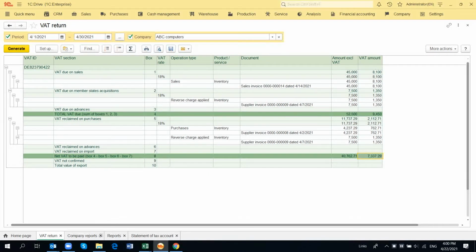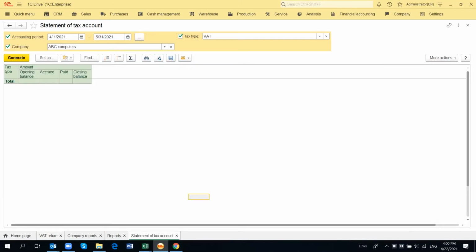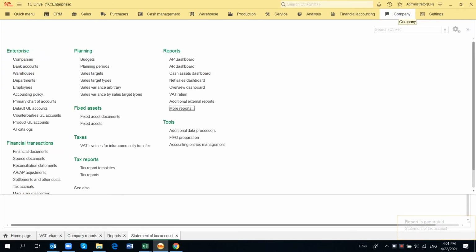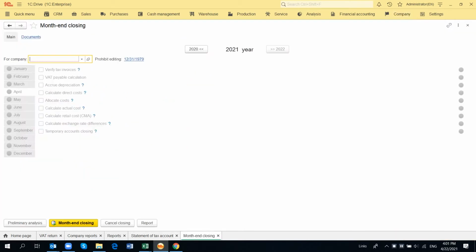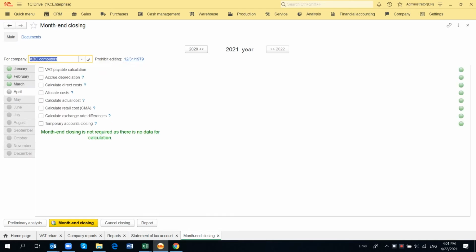Now when we go to the statement of tax account report and generate it, we see nothing just because the tax payable are generated by month-end closing documents. So we go to company and month-end closing. Here we see 2021 year. We will select ABC Computers and post